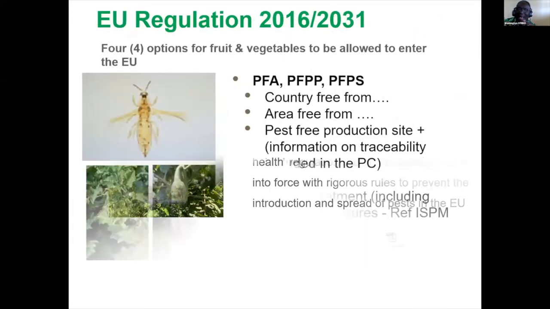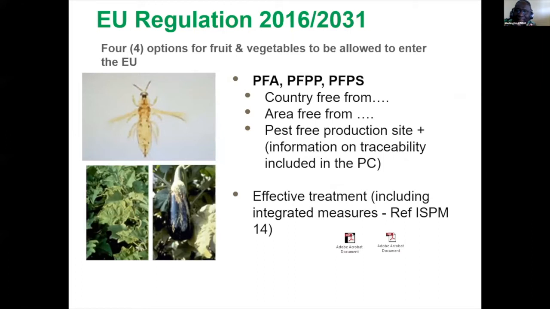But apart from that monitoring, being linked with access to dependable diagnostic services, they also allow for certain crop fruits. I think there are only 5 exceptions, that they must only come from a country free of a particular pest, an area free of a particular pest, or a place of production free from a particular pest. But if it is a place of production, there must also be a production site, then there must be a